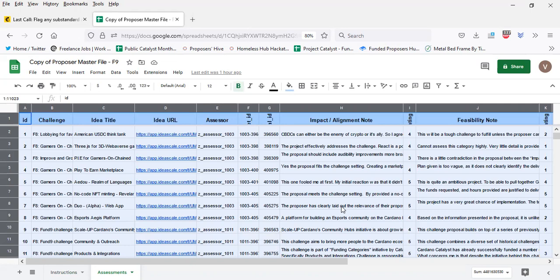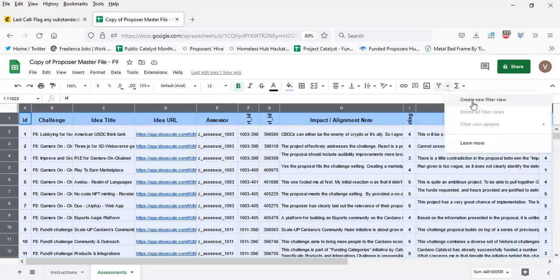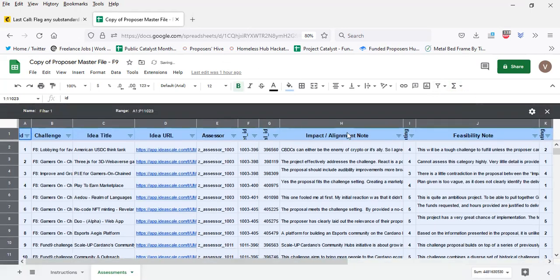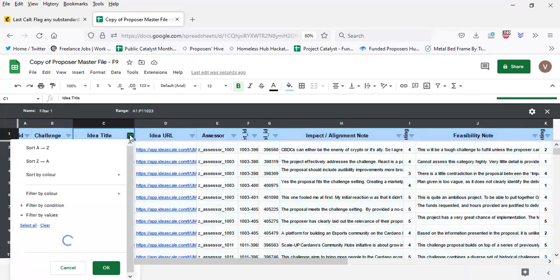So it's a good idea to just filter so that you're only looking at the assessments on the proposal that you're actually working on. So the way you do that, up here, this little drop down, you can see filter views, and you can go create a new filter view. And then if you go to idea title, and this little drop down here,